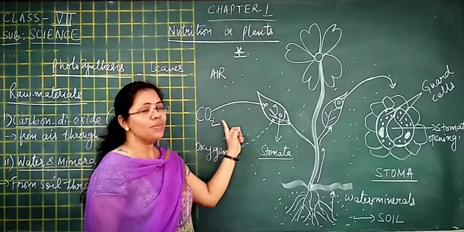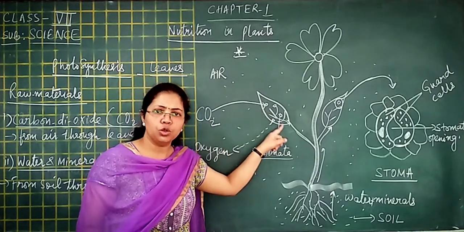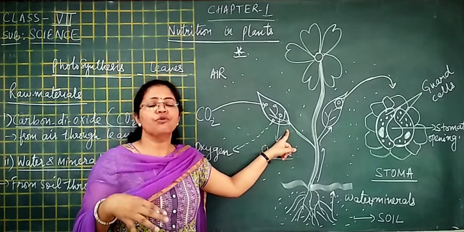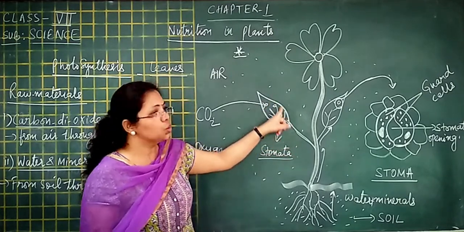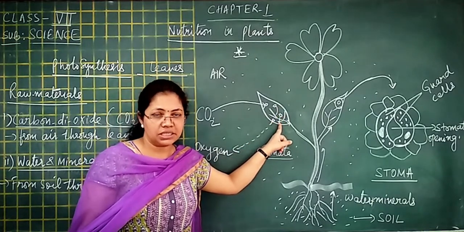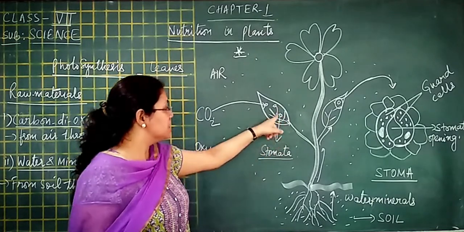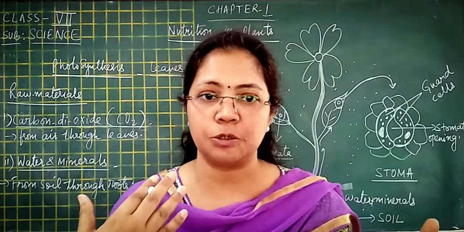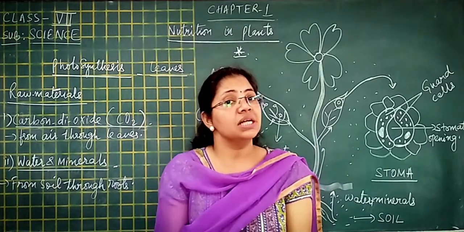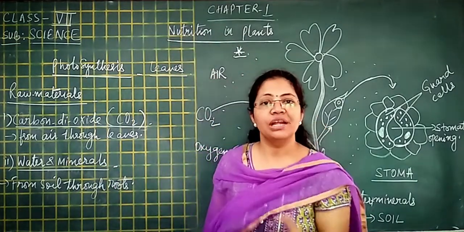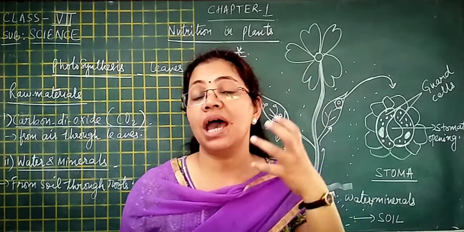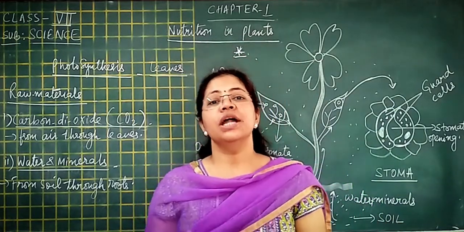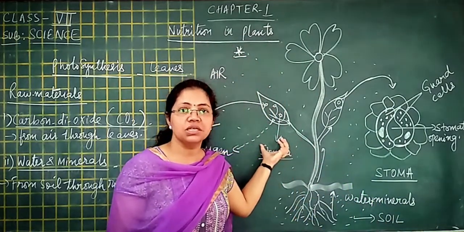That is, from air, leaves are taking CO2 through stomata and photosynthesis is performed. And once photosynthesis gets over, then through the same stomata, oxygen gas, a byproduct of photosynthesis, is released into the outer air. So that is the exchange of gases. Right, students? And we discussed in 6th standard that one of the important functions of leaves is that they help in the exchange of gases. Now I hope you have understood why and how this exchange of gases is done.